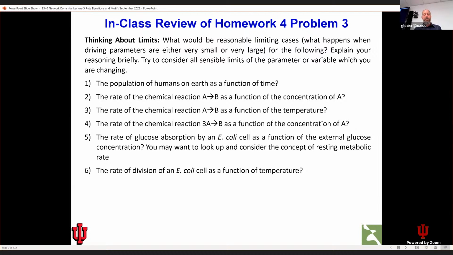But in the case of things like active transporters, it doesn't have to be for number 5. Here, and that's very hard to measure. You'd be surprised if you ask the question, which is something you need if you're going to do a cancer model, you're going to say, my cell has a certain level of glucose and oxygen outside of it. How fast does it grow? And the answer is, I have no clue. Typically, people will assume that that growth rate is proportional to the uptake. You'll assume that the uptake is proportional to the concentration. And then the growth rate is the concentration taken in minus the resting metabolism. But in reality, those uptake rates can vary by orders of magnitude, depending on what the state of the cell